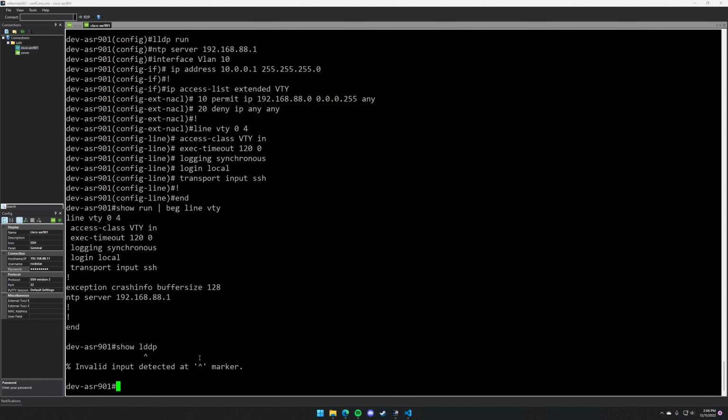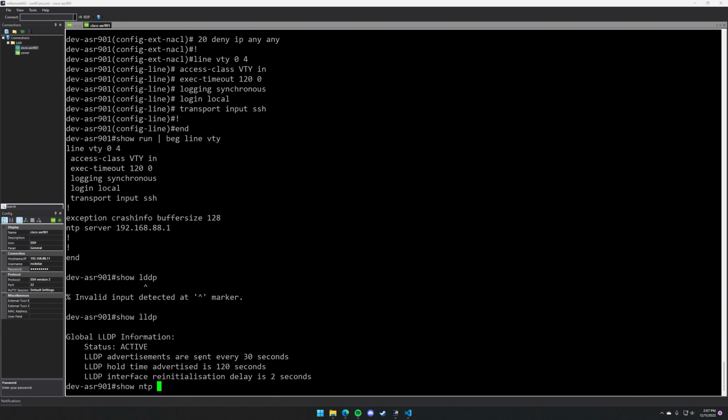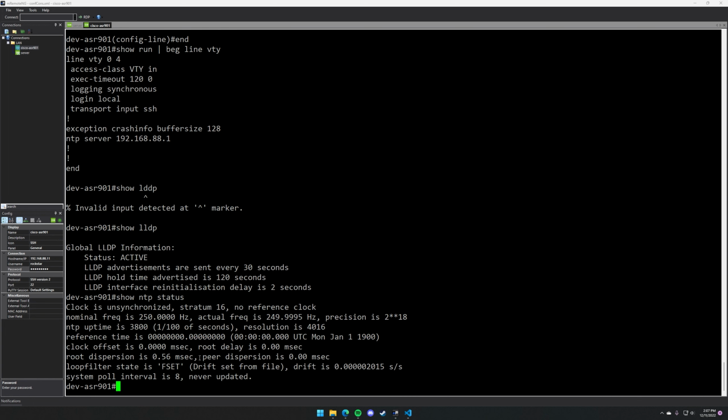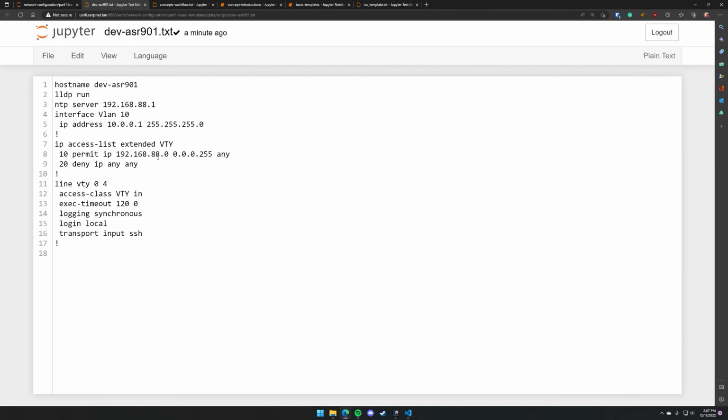Let's do a show LLDP just to make sure that is running. Let's do a show NTP status. The clock is unsynchronized, but that's expected because I'm not actually running an NTP server on my router. Let's do a show run int VLAN 10. There's VLAN 10. It's shut down, which is fine because I'm not actually doing anything with it. But anyway, that is basically how you would do a basic config